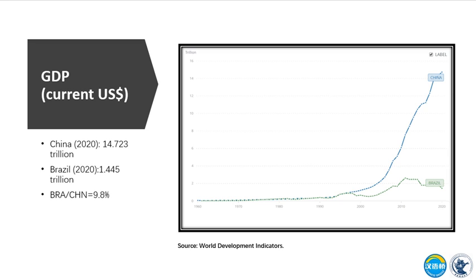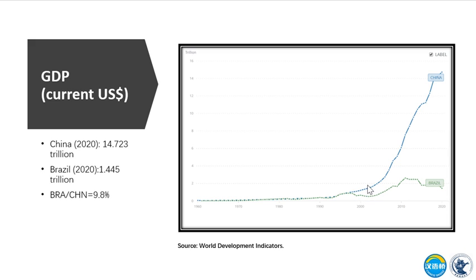This figure shows the GDP measured in current US dollars. You can see that before the middle 1990s, China and Brazil shared a very similar total GDP. They have some of the same trend, but they have a divergent trend after the middle 1990s, especially after the late